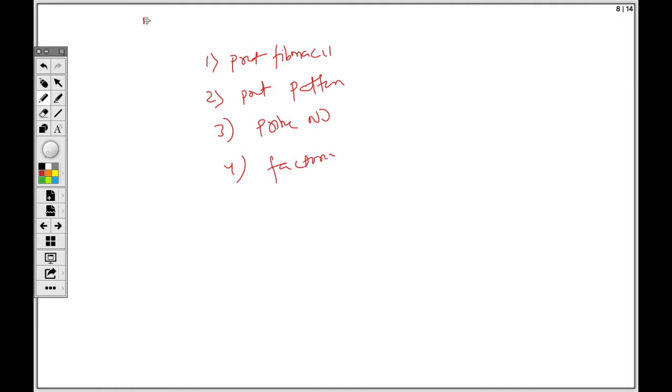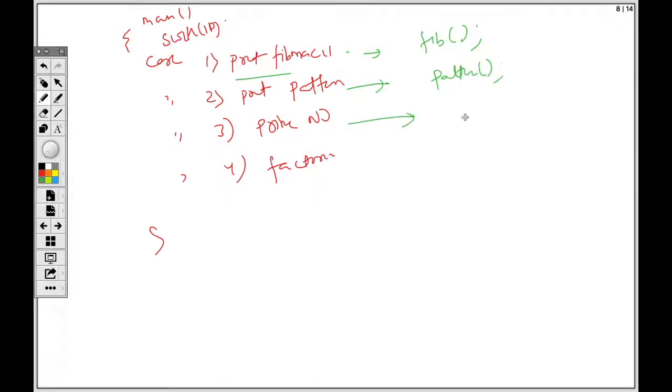So what you do basically, you write a program in C, you use a switch case, switch input, and these are all the cases. Now suppose this was given to 4 students. Instead of one student writing this one line after another, one student writes a function Fibonacci. Another writes a function pattern. Someone writes find prime. Someone writes find factorial.